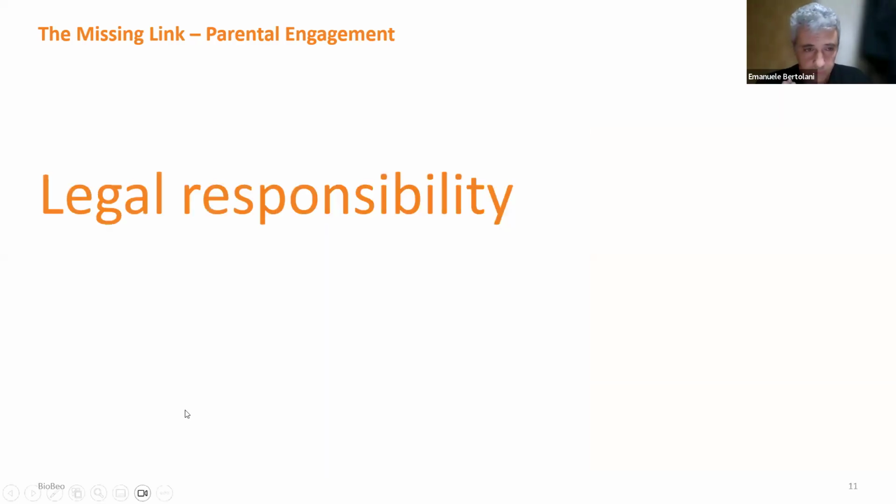The next one, please. The first thing we'd like to point out is that there is a legal responsibility from the point of view of both teachers and parents to give children the best education, the education that is best for them. That legal responsibility stems from the UN Convention on the Rights of the Child, which states specifically that every child has a right to the education that is best for him or her. So we might disagree on what is best for him or her.